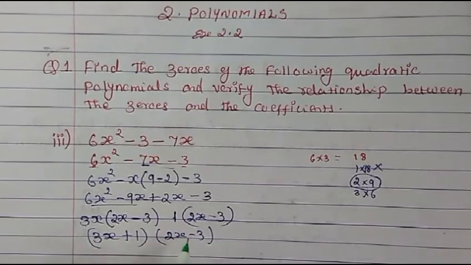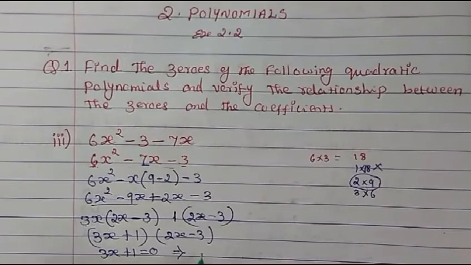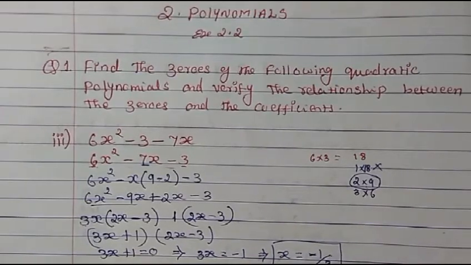So now let's get the zeros of the polynomial. 3x plus 1 equal to 0, if we keep. Then it will give us 3x plus 1. So 3x, when plus 1 goes to this side, we'll have minus 1. Then x we keep as it is, minus 1 as it is. Now it is in multiplication, so when it comes to this side, it will be in division. So we got one zero of the polynomial.